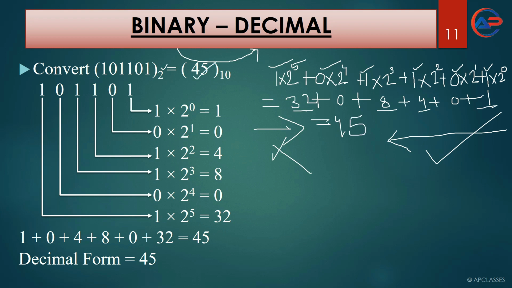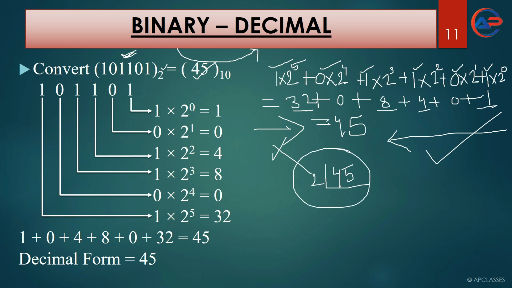And you know, to verify what you can do, if you again divide 45, which is a decimal number, with 2, the answer must come to this. And if the answer comes to this, then we can say that the process is correct, or the way we have solved it is correct, or the output we have got is correct. This is only for the verification process.